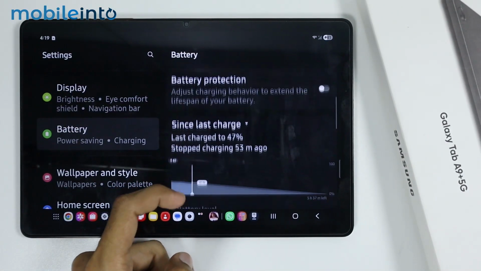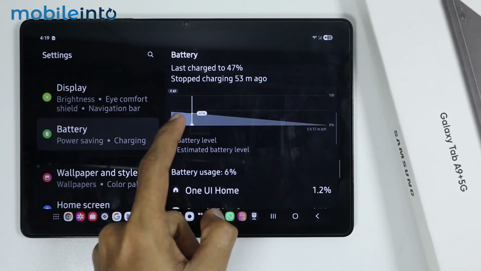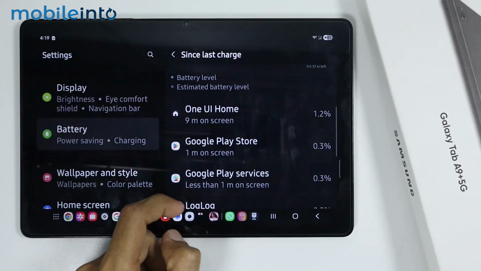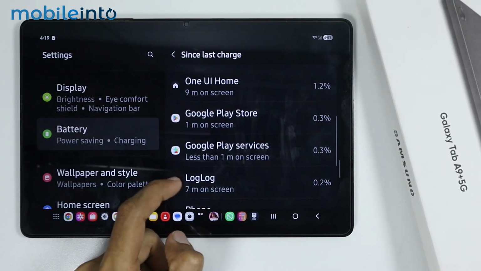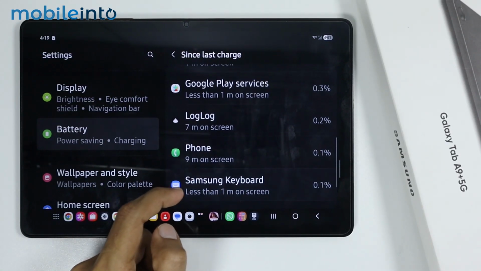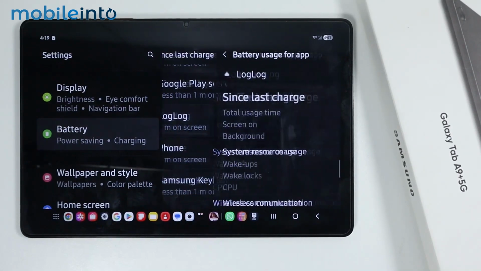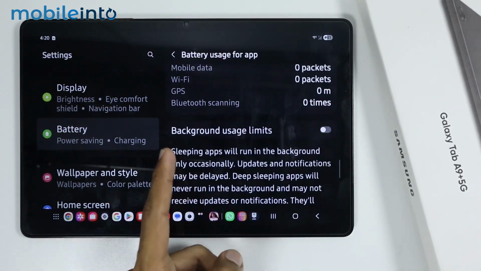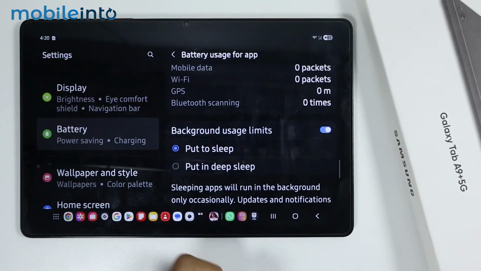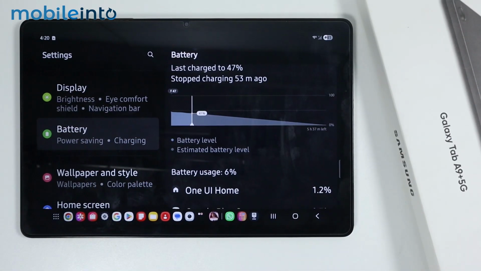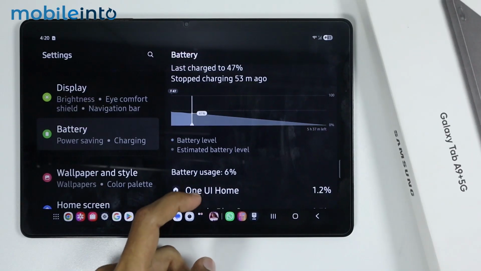After you do that, just scroll down and tap on the graph over here. Now just scroll down, and from here you can check which app is consuming the most battery. For an example, if you find an app which is consuming the most battery life, just tap on it and enable background usage limit. Select Put in Deep Sleep,